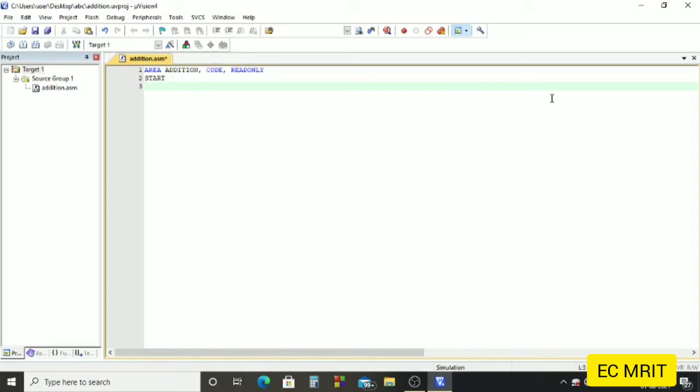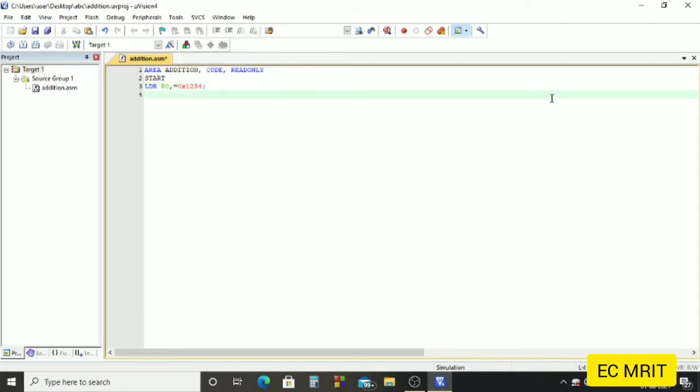So we'll write instruction LDR space. I will take R0 as a register and I will save a constant value, a hexadecimal value, 0x1234. This instruction LDR R0, =0x1234 is loading a constant value 1234, that is a hexadecimal value, to our register R0.